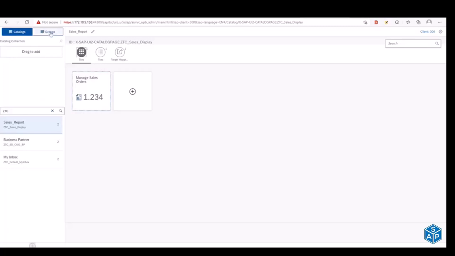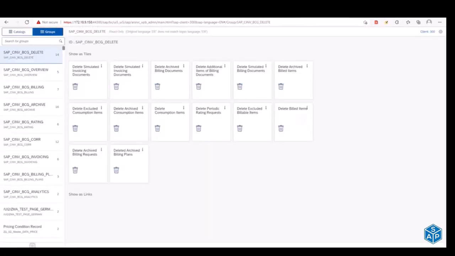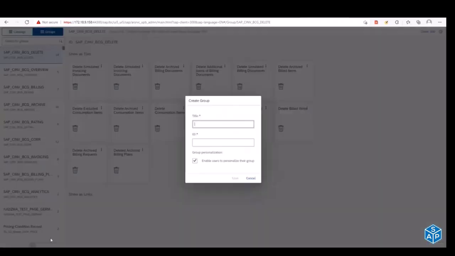I'm going to create a business group here. How are you going to create a business group? Same, just click on this plus button. Down there is a create button. Here I'm going to give the name as a sales